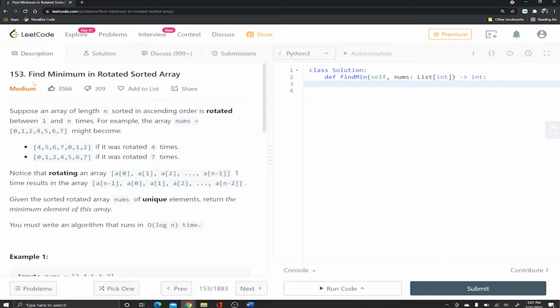Today we're solving LeetCode 153, find the minimum in a rotated sorted array. Keep in mind we've solved this before, but using 3 different methods. Today we're still going to use binary search because it's log n time, but we're going to do it a slightly different way than we did it in our previous video. The first step using this type of binary search is simply to